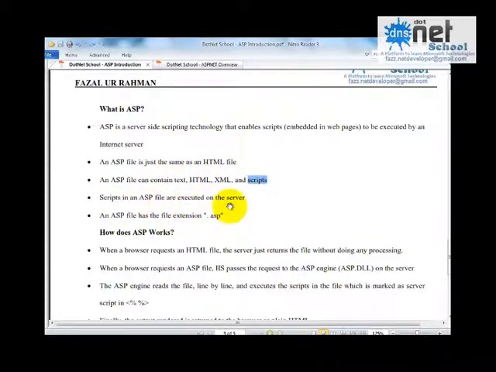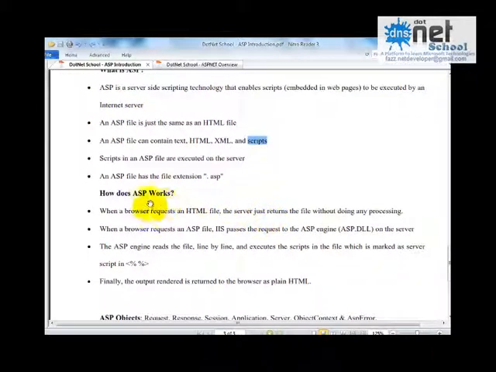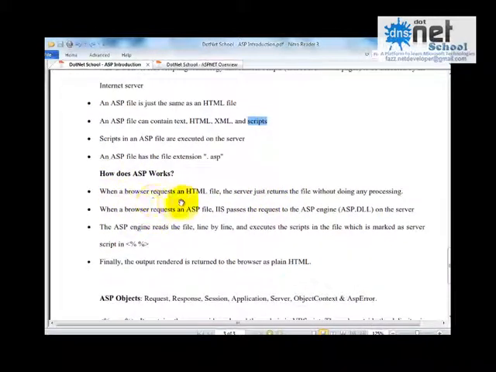Scripts in an ASP file are executed on the server. An ASP file has the extension .asp. So how does ASP work? When a browser requests an HTML file, say demo.html, the server just returns the file without doing any processing. When you are asking for any resource with the extension .html, the web server will return that file.